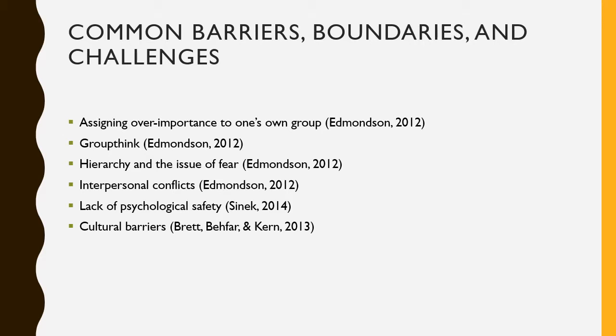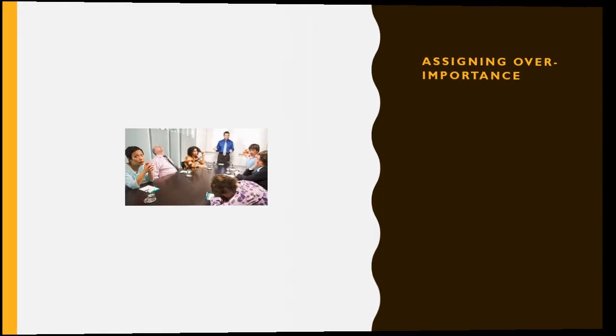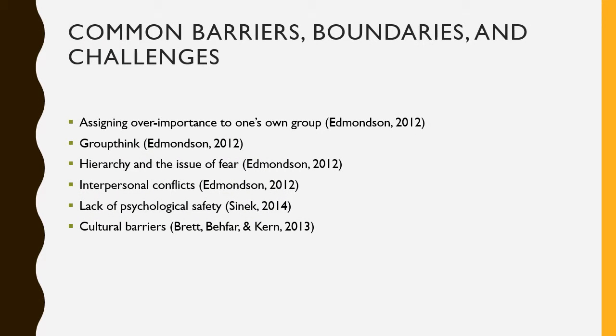Face-to-face teams, while viewed as the standard and historical norm for workplace teams, still encounter barriers, boundaries, and challenges that can make teaming difficult. For instance, in face-to-face teams, one barrier that must be overcome is the tendency to favor one's own group over others, while also viewing the collective knowledge of one's own group as overly important. This can be damaging because of the short-sightedness that it causes for groups and the limiting nature it has when considering the necessity of learning from and collaborating with other groups.